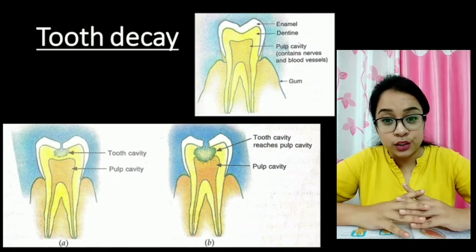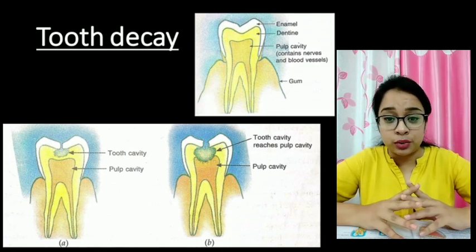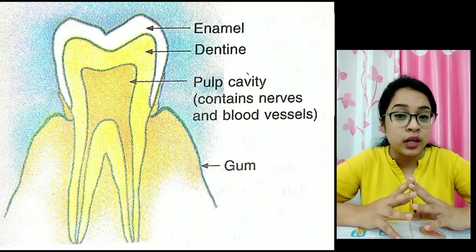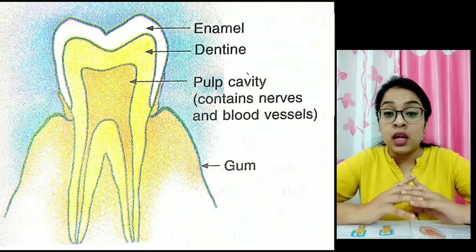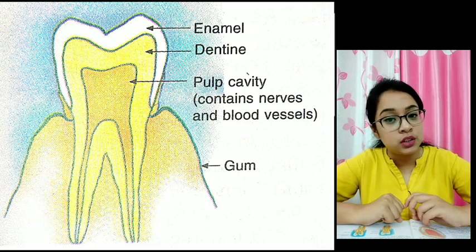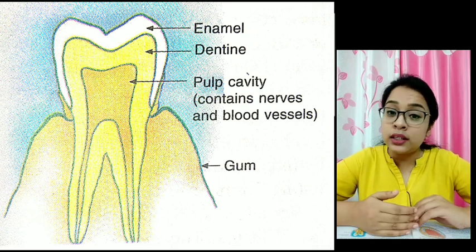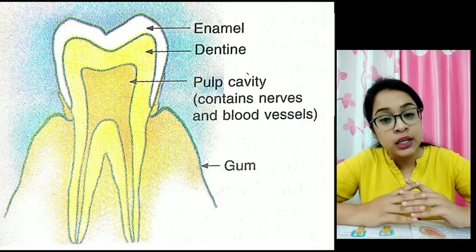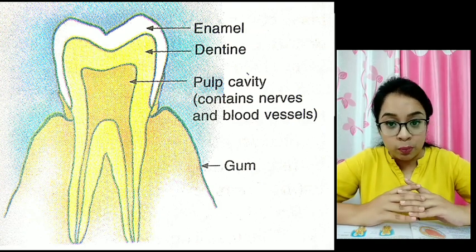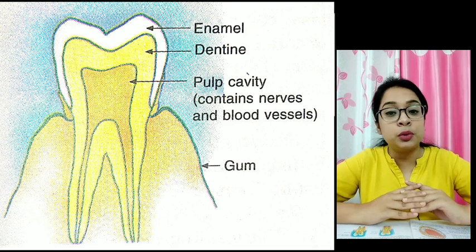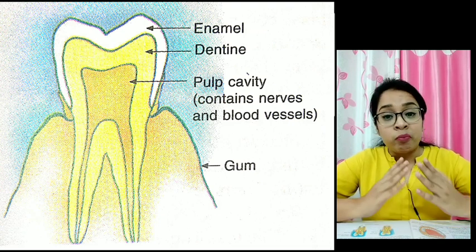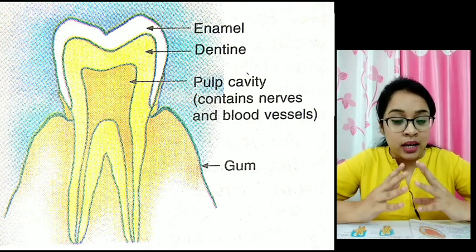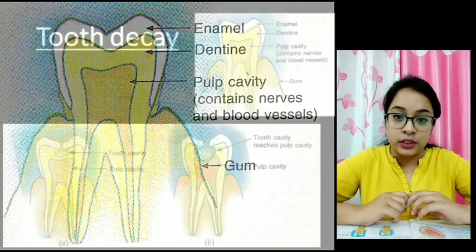Teeth are very essential, so let's know their anatomy. In the figure you can see the strong covering of the tooth, which is known as enamel. It is one of the strongest things present in your body. Below the enamel there is another layer which is known as dentine. Dentine is similar to bone. Inside the dentine there is the pulp cavity where your arteries and nerves are present. This connects the teeth with your body.